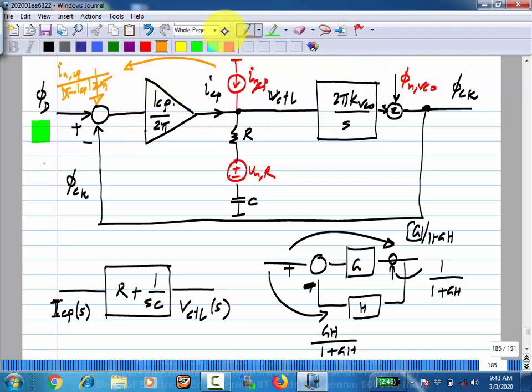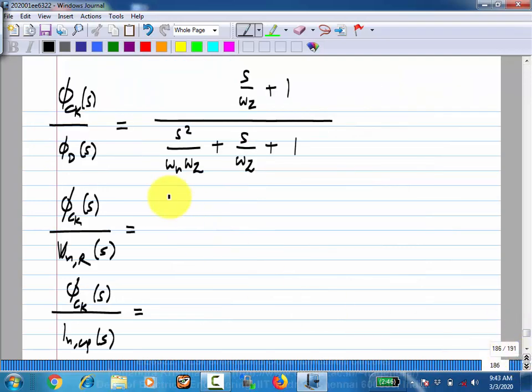So it's the same as phi ck by phi d multiplied by this factor. That is V n R, right? So this is that times